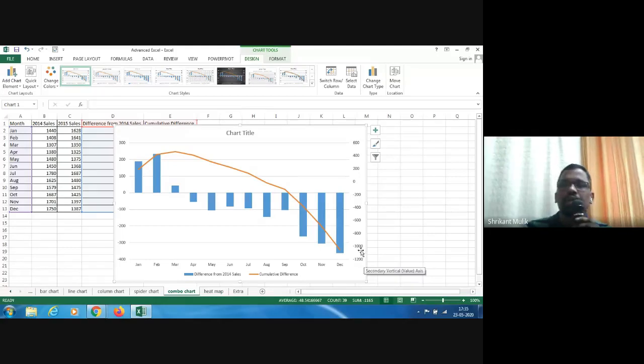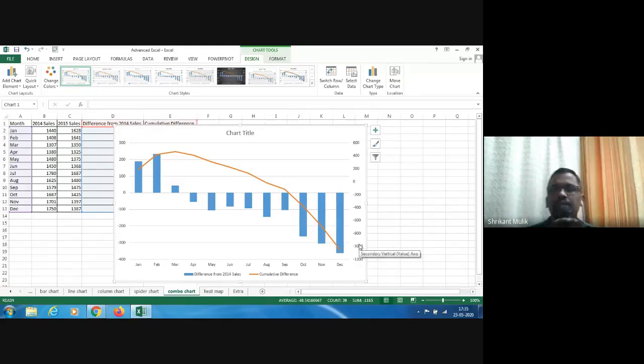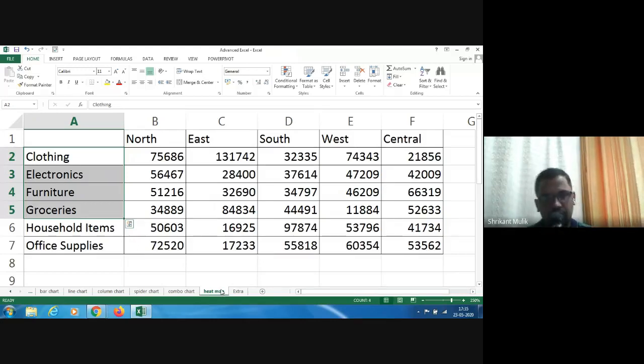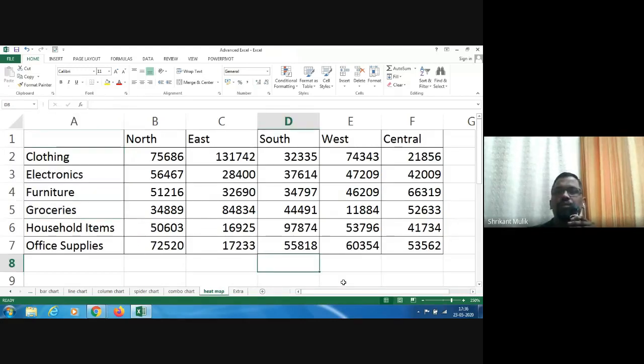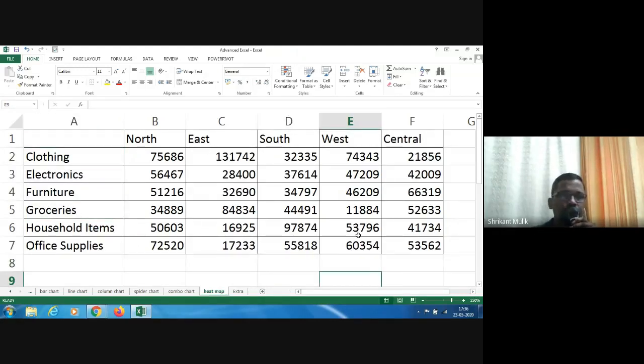Now comes the last one, which is actually not a chart, but it gives a similar impact. You might have heard this term called heat map, and this is quite widely used. Heat maps were started being used for quality control functions.